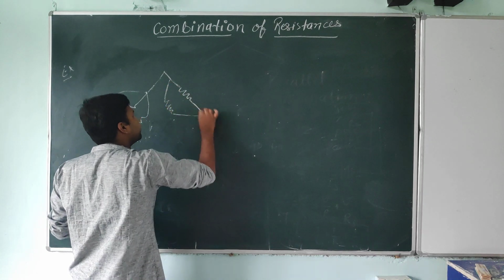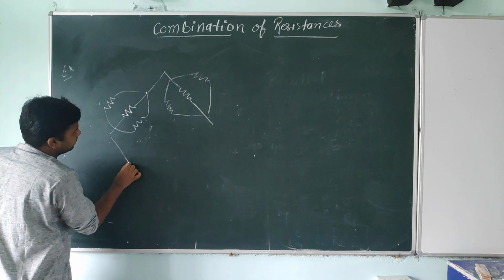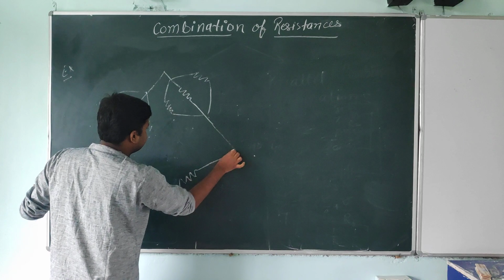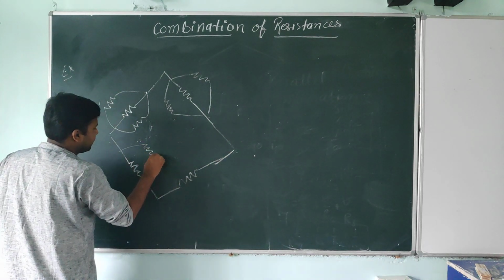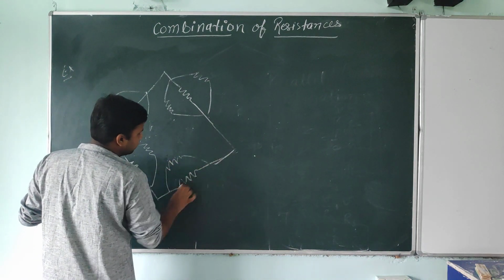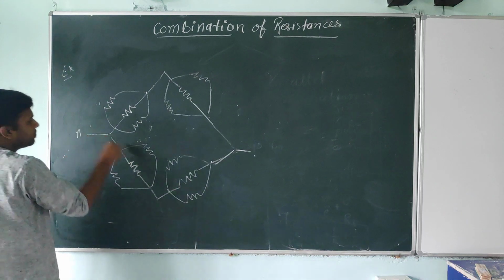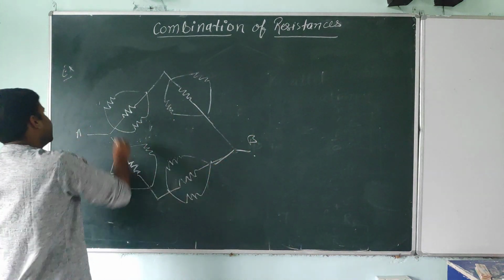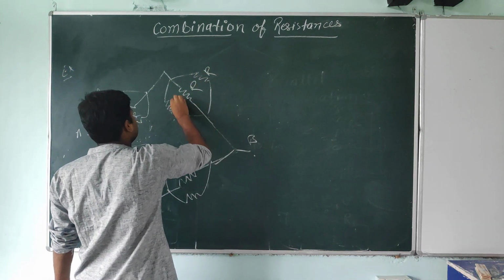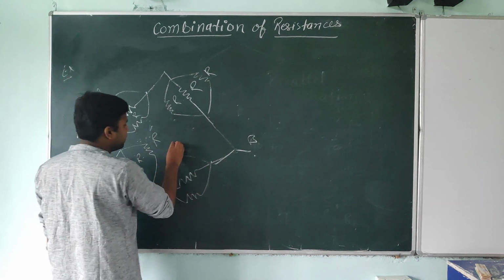In assignments I will give a few good examples, then after I will discuss the solutions of those examples. This type of example is called a time pass example. It's very simple, student, it just looks difficult. Look at this. Here all resistors are R, and they can give you any value, you just have to understand the concept.